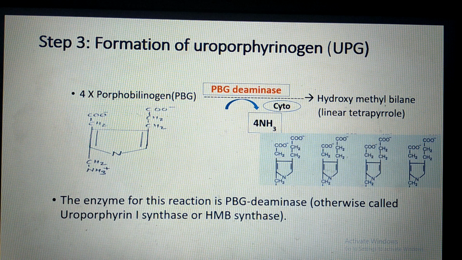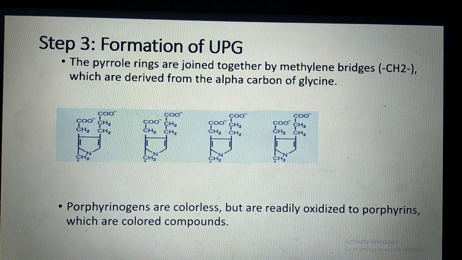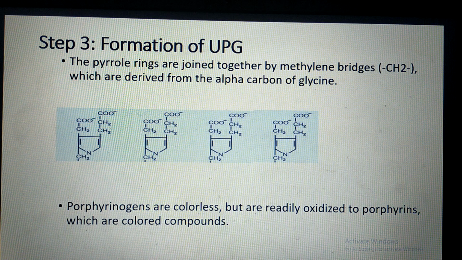In this process, 4 ammonia groups are removed from the porphobilinogen. The enzyme is porphobilinogen deaminase. This step also occurs in cytoplasm. Another name for PBG deaminase is uroporphyrinogen 1 synthase or hydroxymethylbilane synthase. This is the linear structure of hydroxymethylbilane,